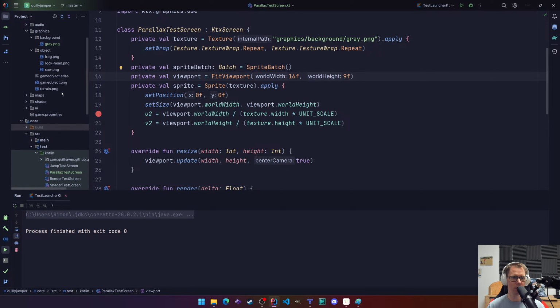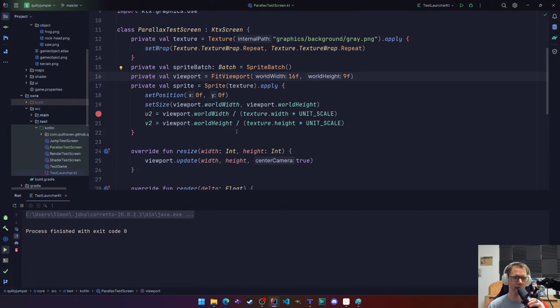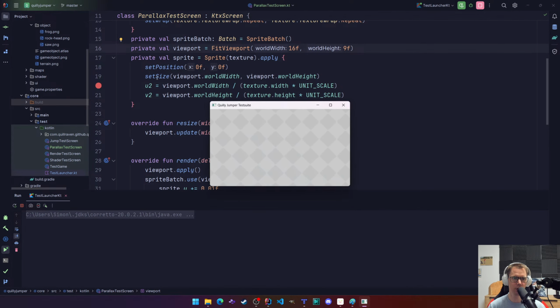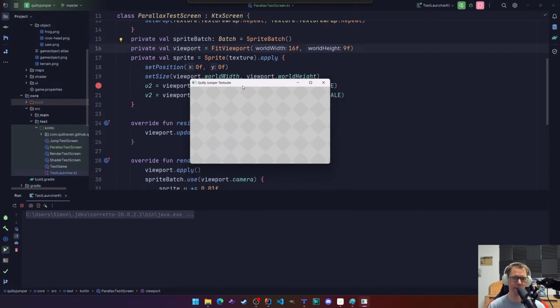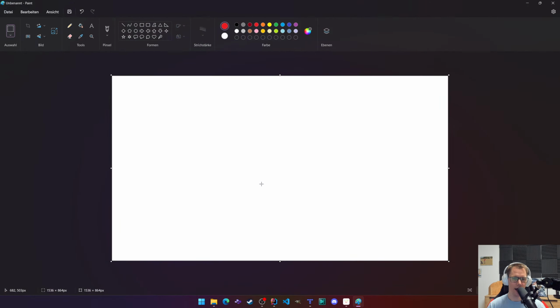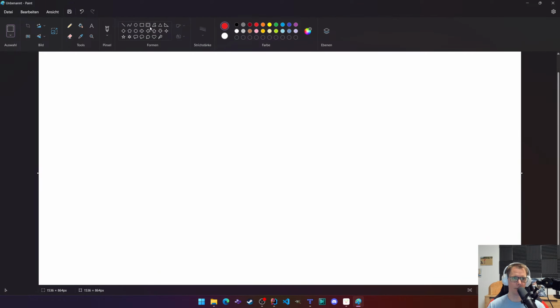So let's optimize what, and also let me explain now what we are actually doing. So why is this one here working? What is this U2, V2 stuff? Let me try to explain that. I explained it once a little bit. So whenever we have a texture